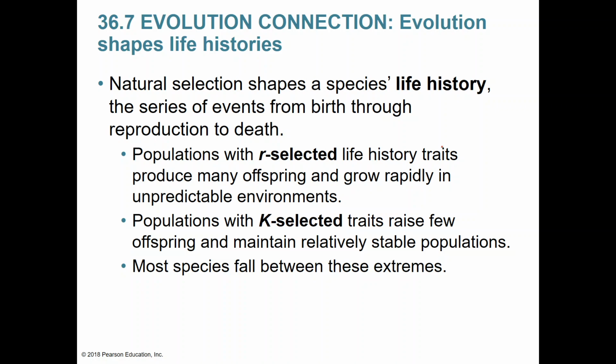Oak trees put a whole lot of energy into their acorns. They store it in there. It takes a long time for an acorn to develop into a seed that can plant a tree, and it's a slow-growing organism that develops over time. So K-selected organisms have the kind of life history where the population density is closer to that carrying capacity.